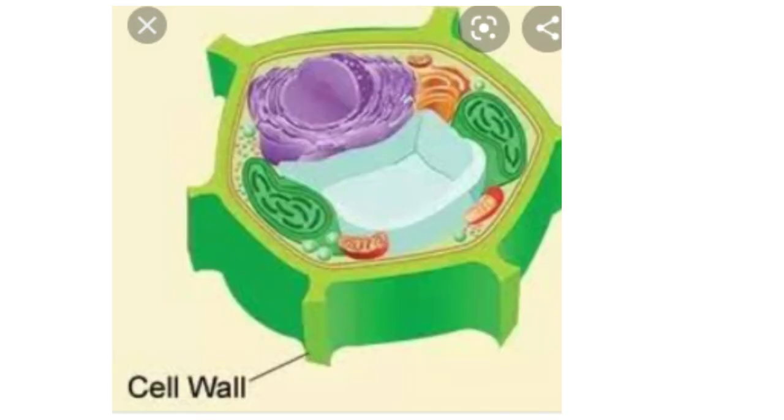Last is cell wall. In plant cell there is an additional wall on the outer surface of the cell. This is called cell wall. Means in plant cell there are two layers. One is cell membrane and another is cell wall. And why is cell wall present in plant cell? Because cell wall is a strong wall and it is made up of cellulose, which gives the cell extra protection due to its strongness and helps the plant cell to maintain its structure and its shape.